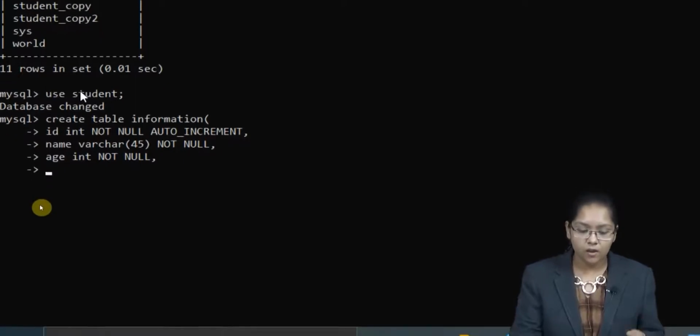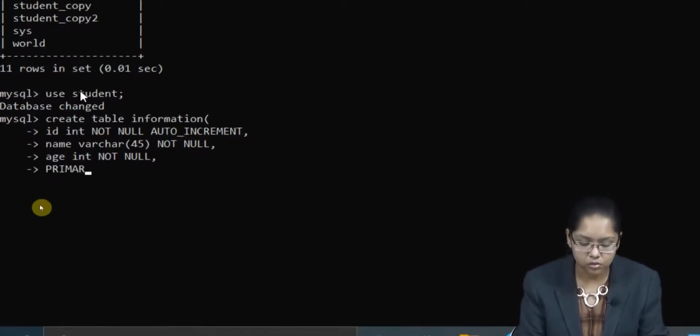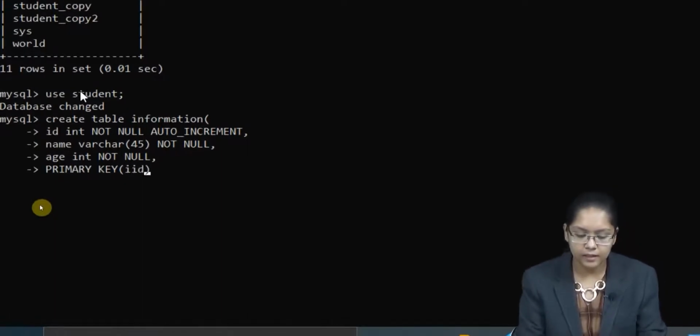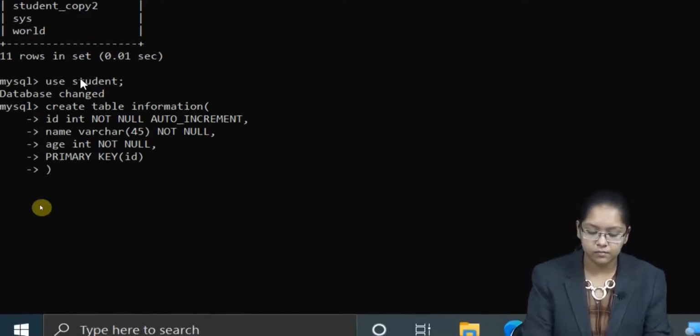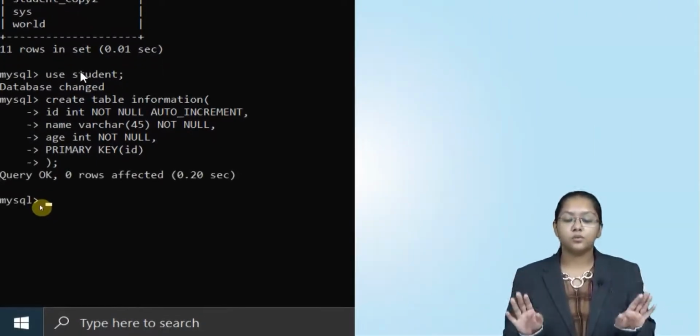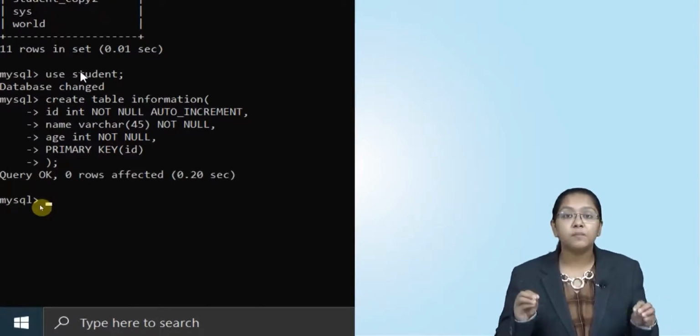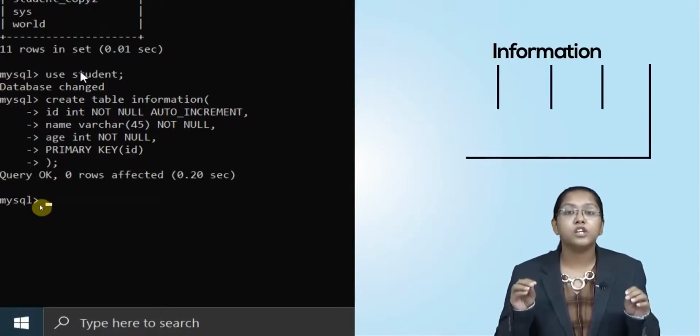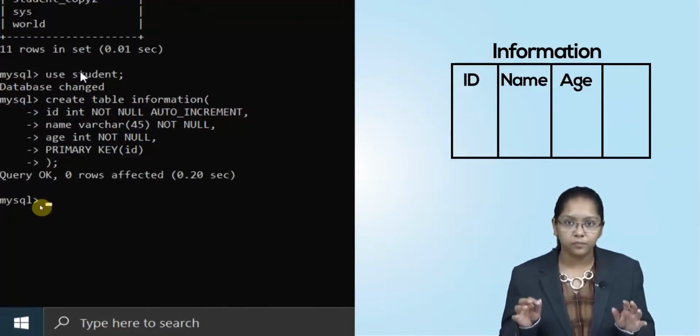Okay, so now after this I am going to use primary key and then ID. Query OK, 0 rows affected. Means my table is now successfully created.